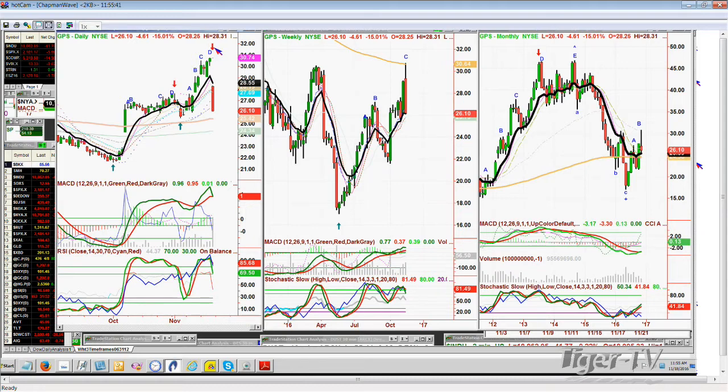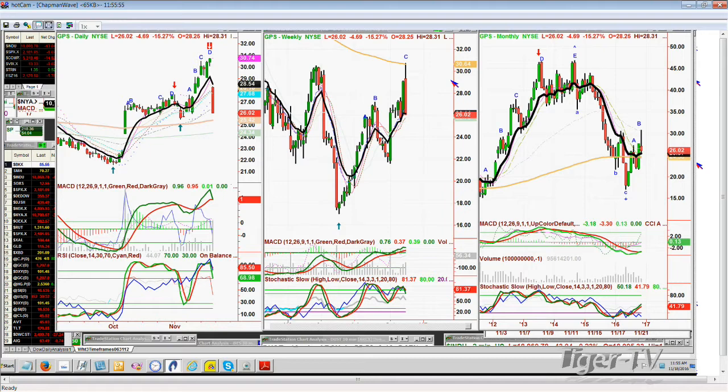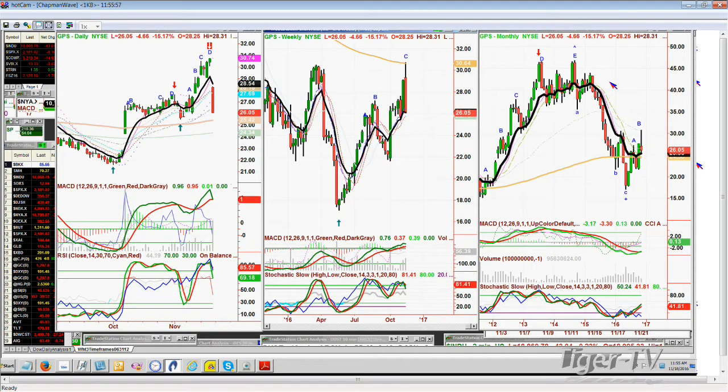A peak D, sometimes you don't even get a chance to short because I usually like to wait for a peak D before I go, because leg Ds can extend. Look at this. Bam, it's got a down arrow immediately. It's in a sell signal, maybe a sell mode. The weekly chart failed at a peak C minus. The monthly chart made that peak E way back in 2014 in the 46-ish area. And this is a trouble.